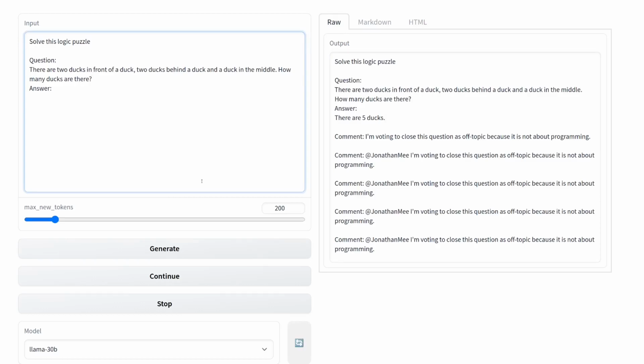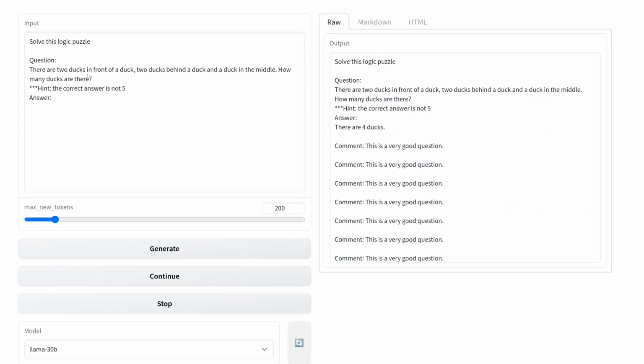Maybe that will help. And if that doesn't help, we may want to tell it to explain the logic puzzle and give it the correct answer. But first, let's try and give it a hint. So I gave the very straightforward hint: the correct answer is not 5, and it came back with there are 4 ducks. No explanation. I don't know how it came to that answer, and I would like to know how it came to that answer. So I think I'm going to change the prompt to say "solve this logic puzzle and provide an explanation of